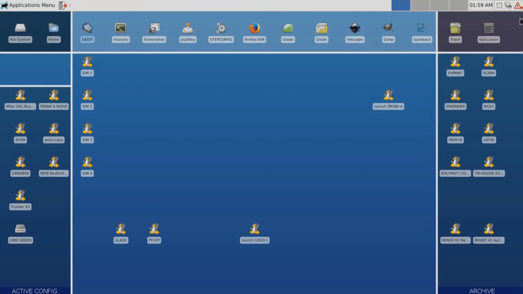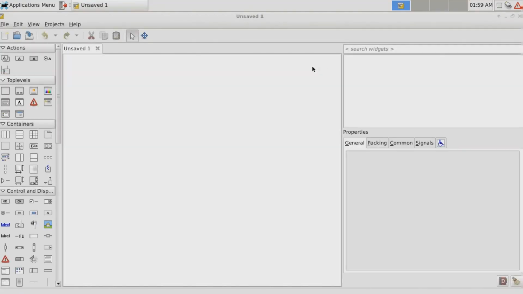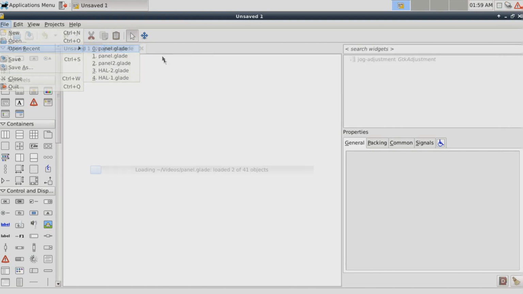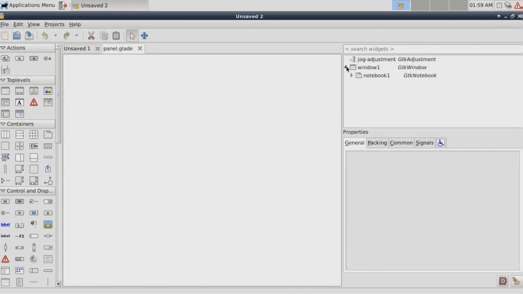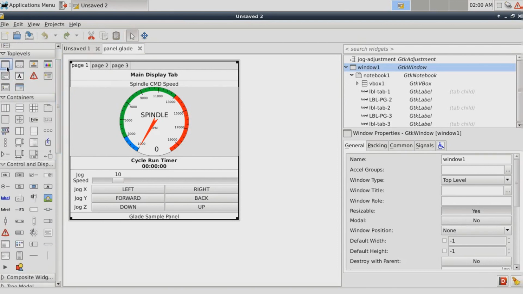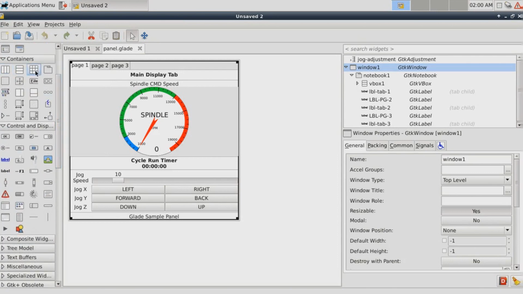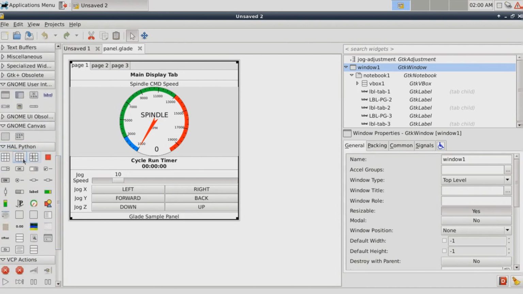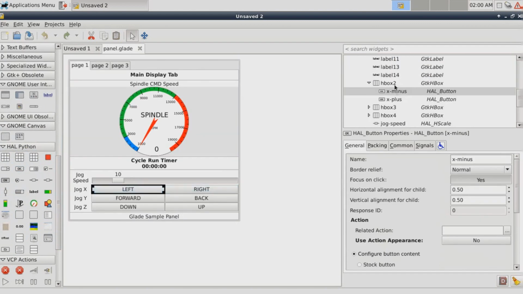Okay? So now what we'll do is we'll go in here, and I want to make a point here that there's two versions of Glade, and we'll go into that a little bit later. But you go into the Glade, you open it up, and you'll see your different components. So here's the window, and here is what we've created. So you start off with making a window, and then you scroll down, you put your containers in, and then you go down a little bit more and you pick whatever little HAL widgets that you want and you put them in.